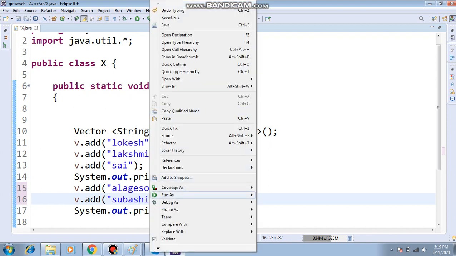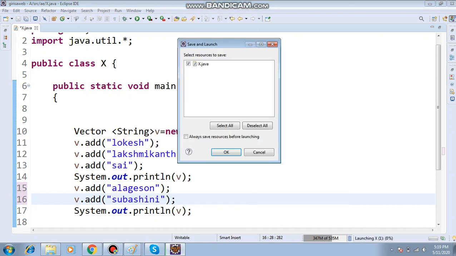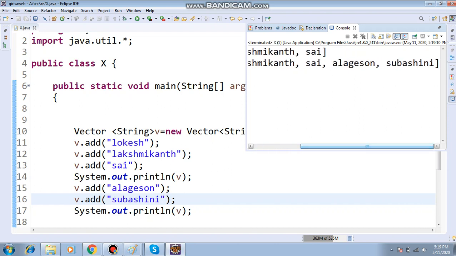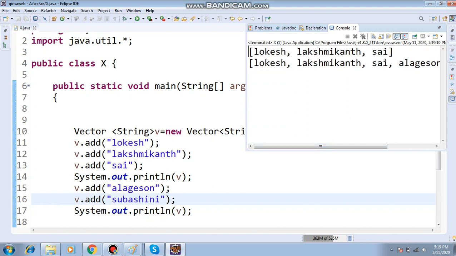Now the output will print. See, first only 3 elements were printed. After that, dynamically I am entering, and now everything is combined. Whenever I run the second time, everything executes combined, and in the same way it is maintaining the order of the elements. Which order is it maintaining? Insertion order.